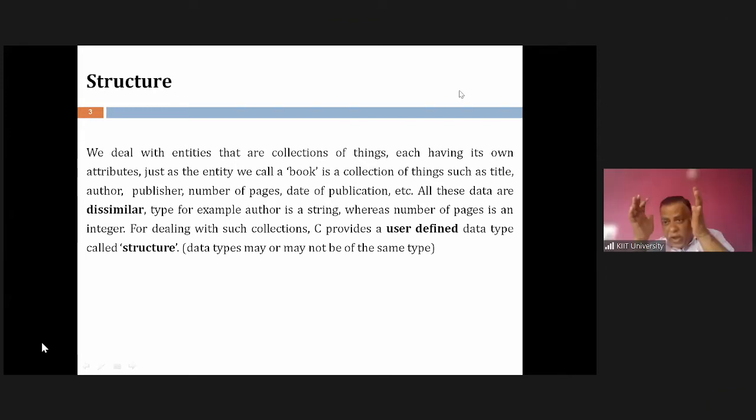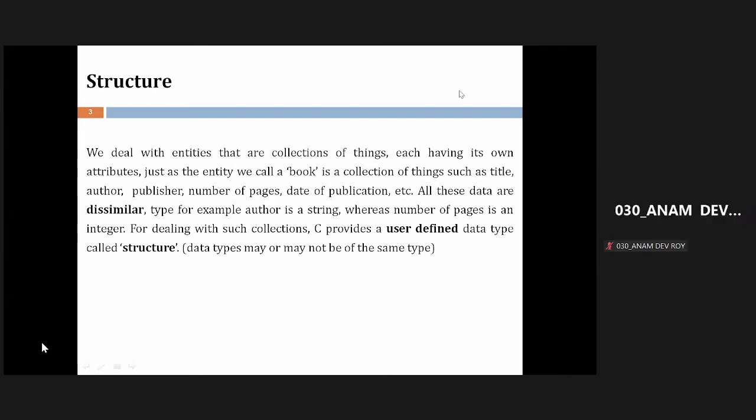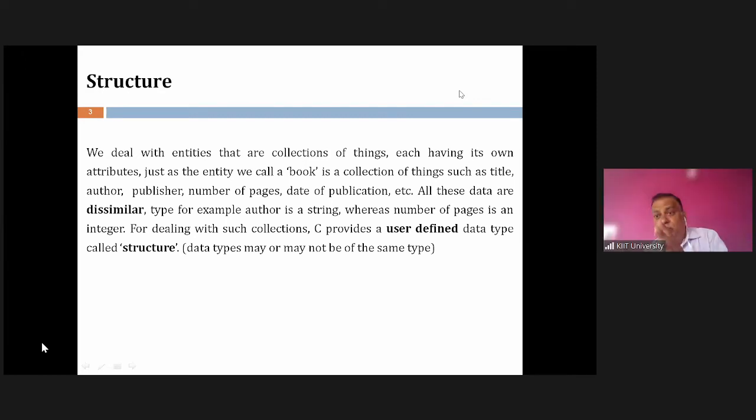And when I define my data types, it has no existence unless and until we declare variables of those data types. Unless and until we declare variables of those data types, it has no use at all. It has no existence at all. And we do operations with only the variables, not with the data types.